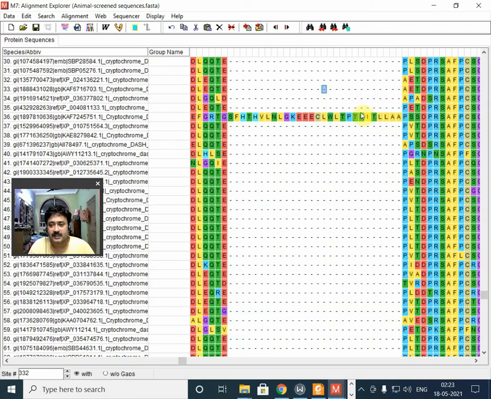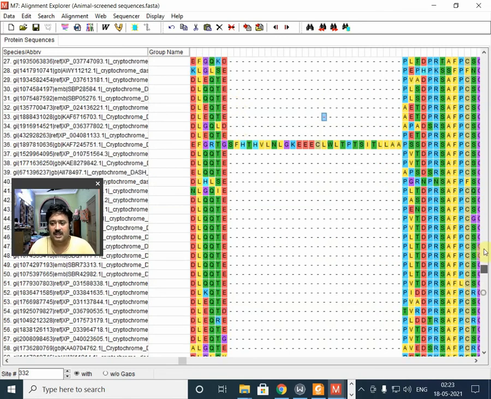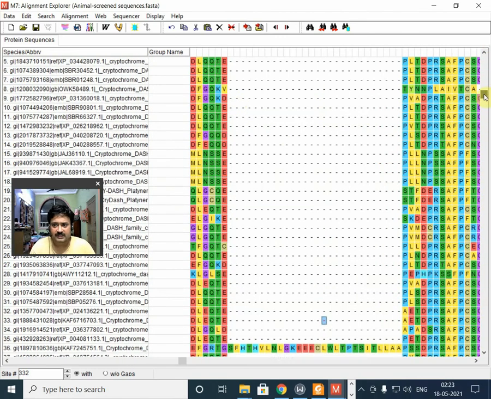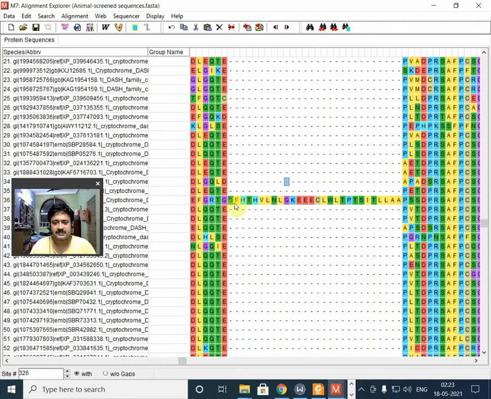Yeah, 78 nucleotides. This much of an inclusion generally does not happen. But having said that, see here, if you can see, maximum are T, some are K, some are L, some are I, S. So this is basically a mutation that has taken place, and that is understandable. Mutations do take place during the evolution of species or for any other reason. But here, this particular thing, we don't have any explanation for.